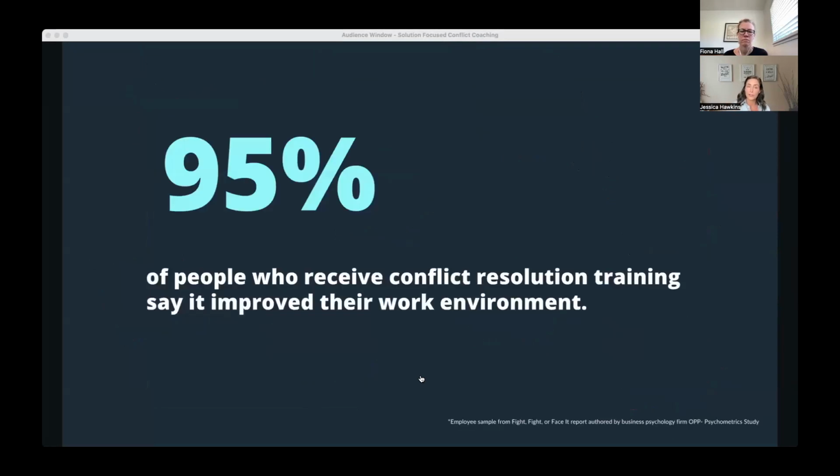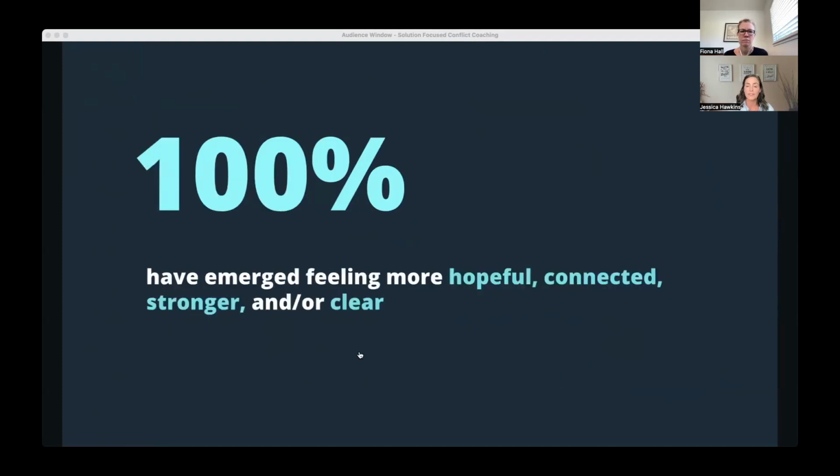Very encouragingly, 95% of people, this is in another really interesting study done on Canadian workplaces, 95% of people who receive conflict resolution training say it improved their work environment. And this is obviously subjective, but not fully subjective, because I do scale with my clients, and we always scale at the end of engagements. But every single person I have witnessed go through a conflict resolution process that I have had the honor of being part of